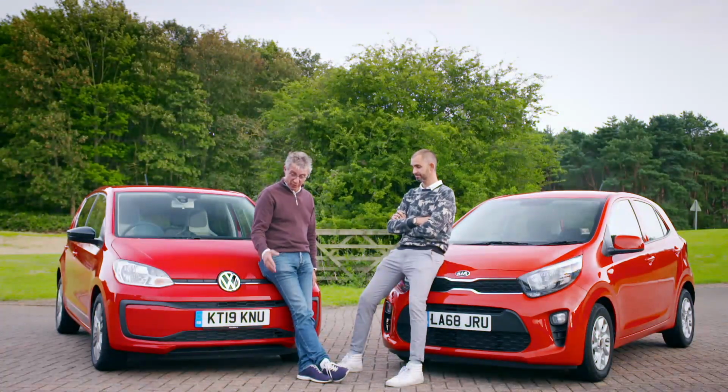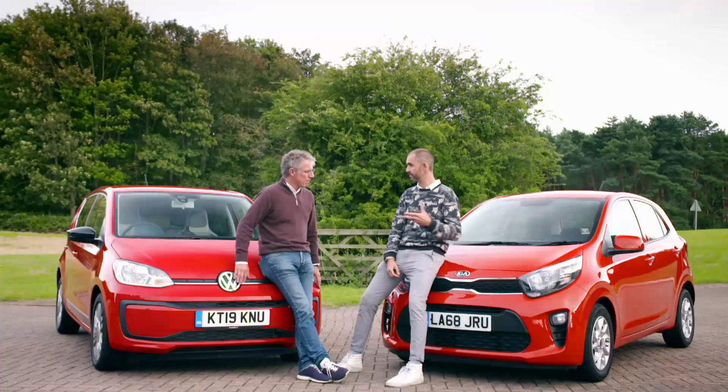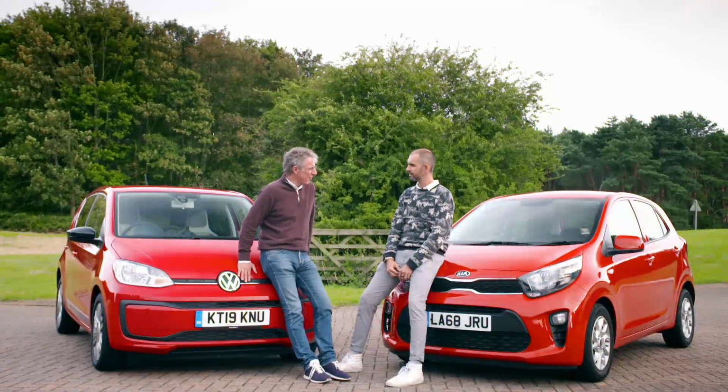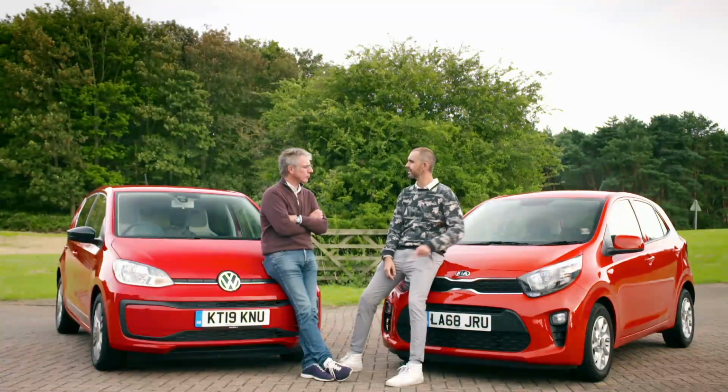Interesting day. Really interesting. Close. I can't believe how they can make a car as good as this for the money. Well, and they can make a car like this with a 7-year warranty for the money. It kind of makes you think we're paying a bit over the top for the other stuff. Totally. We're down to the final two, and it's really, really difficult. This is a surprisingly entertaining car. I know it is. That was arguably more fun to drive,